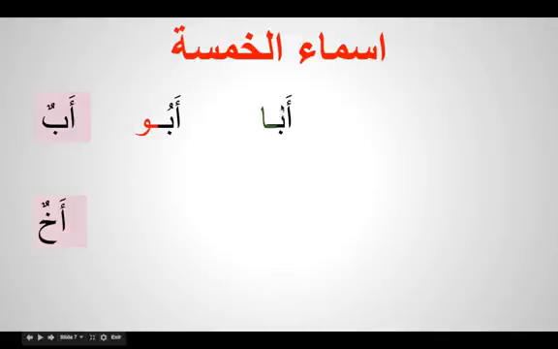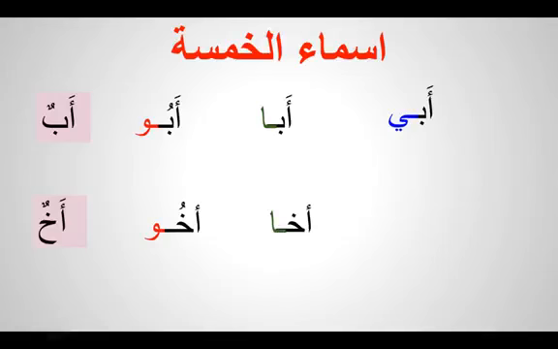So fatha, and we have the sign of alif. And abi. Akhun is written akhu when marfu, akha when mansub, and akhi when majroor. Let's give an example. You say